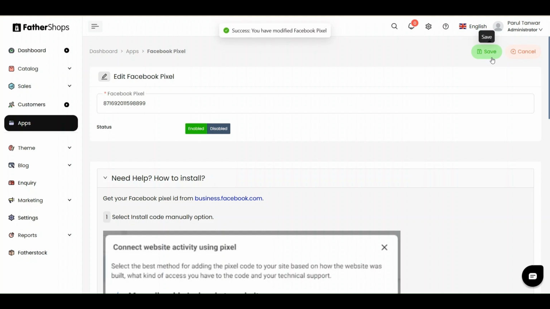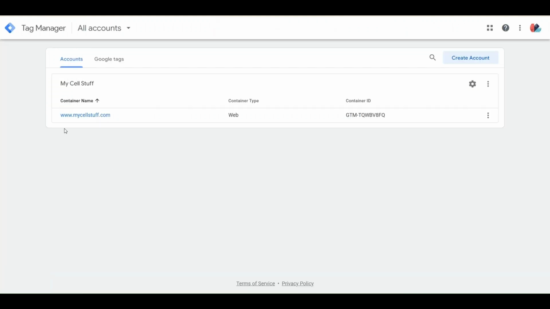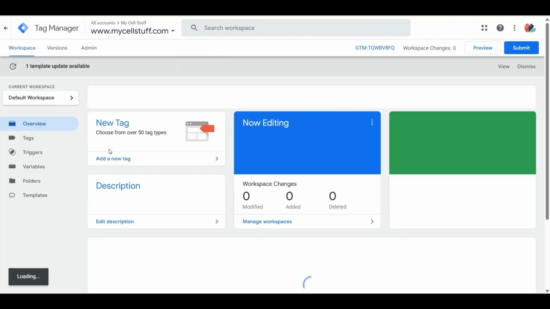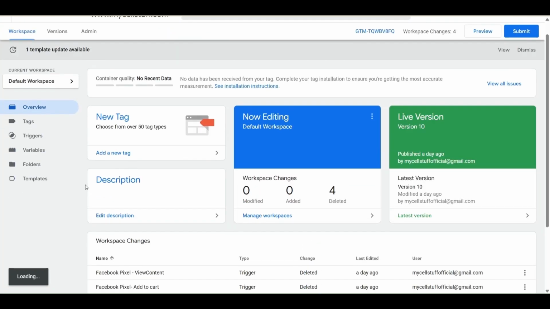Now let's move to Google Tag Manager to set up conversion tracking. Open your Google Tag Manager. Select the right GTM container for your website. We'll first ensure everything is ready to support Facebook pixel tracking inside GTM.